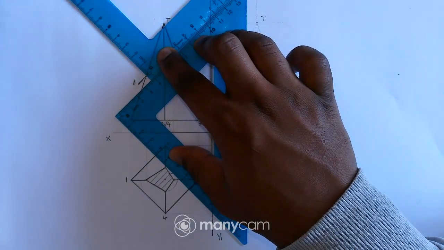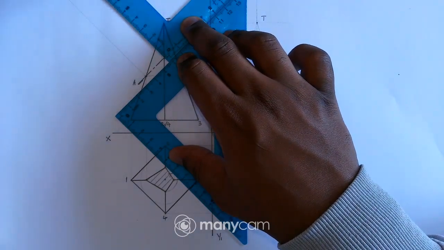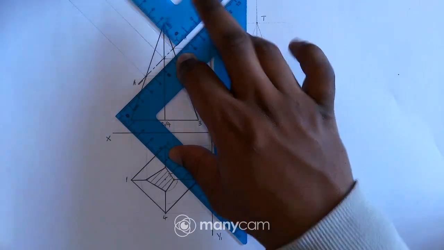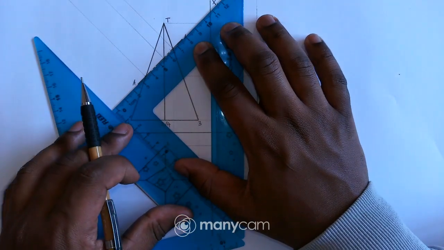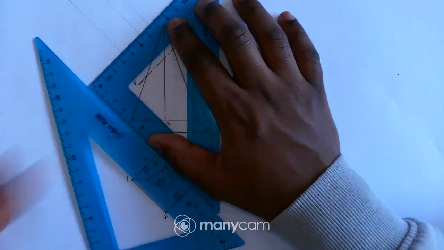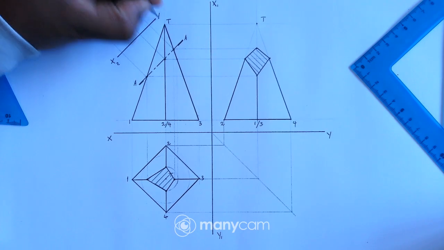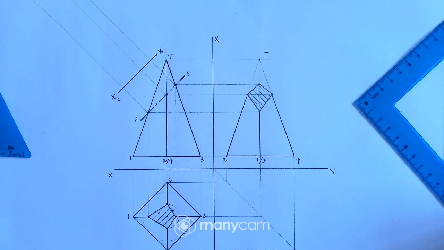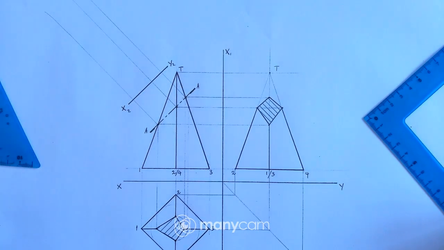Project that point up, this point up, and also that point. Okay, perfect. Oh, I forgot to add the XY line. So just slide this set square up a little bit there. Then I add the XY line there. So this will be our X2, Y2, right? Okay, so let me just move the drawing board a little bit so that we can see the